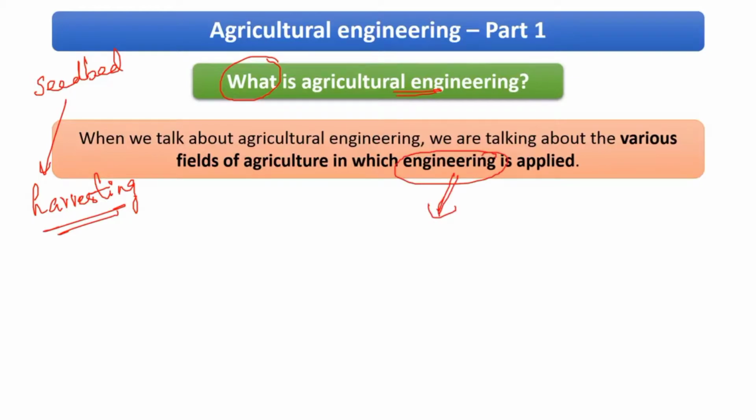So by applying, what are we doing? We are actually making the jobs simpler. We are making the jobs faster. Okay, we are increasing the efficiency, which ultimately would lead to increasing the productivity. Right? So that is why you can see there's a beautiful integration of engineering as a branch plus agriculture, right? So because of this engineering, we are actually seeing that the efficiency to produce the crops, so the efficiency to do our work in the agricultural field is increasing, right?